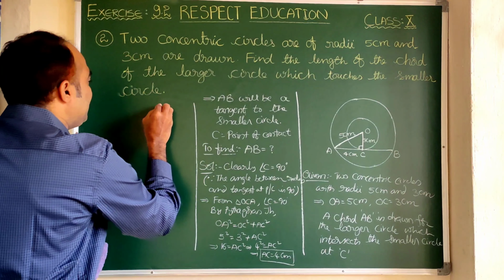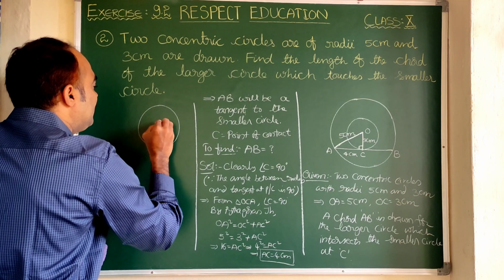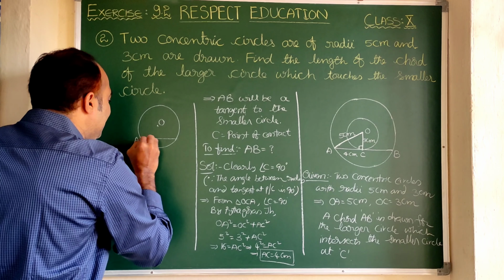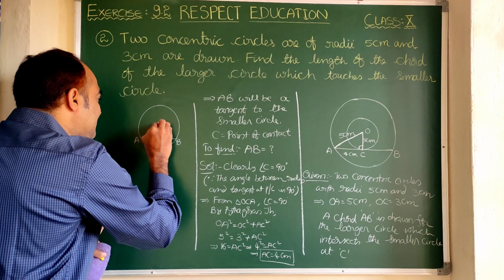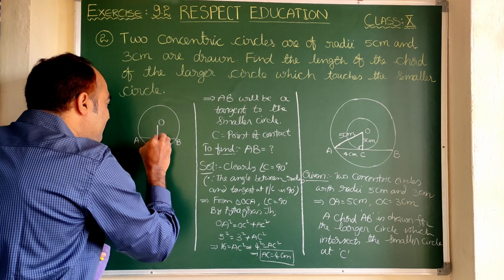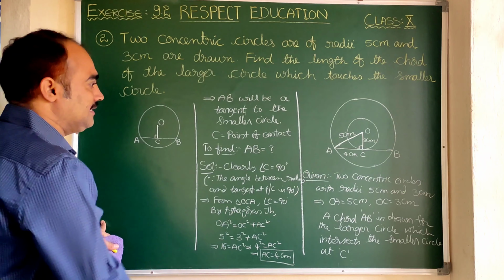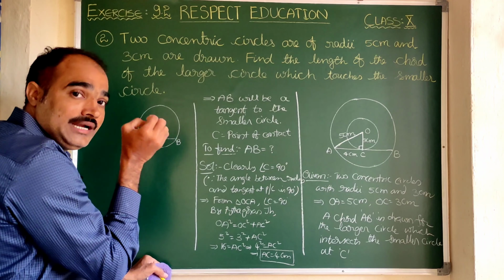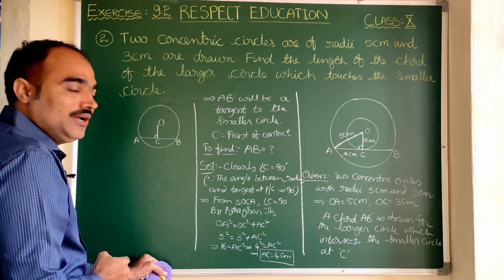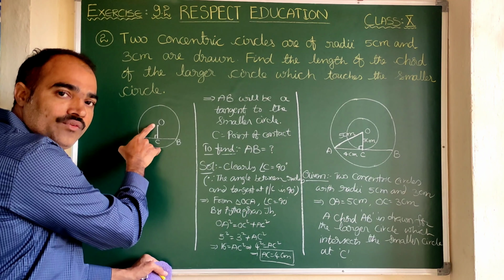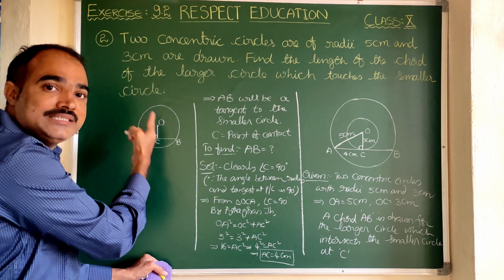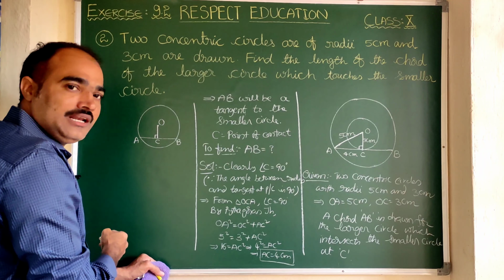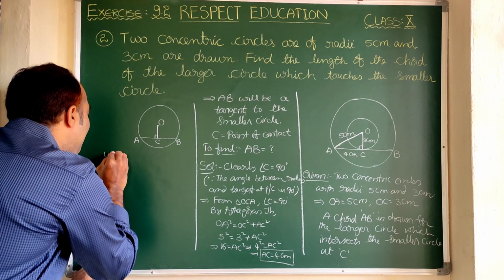So I am drawing it once again. Here O is the center of the larger circle, and AB is a chord. And the angle at C is 90 degrees. Right. That means here you understand a line, which kind of line? Perpendicular line. A perpendicular line drawn from the center of a circle to a chord bisects the chord. Here AB is a chord, and this is the perpendicular line. So here we can write that we know that